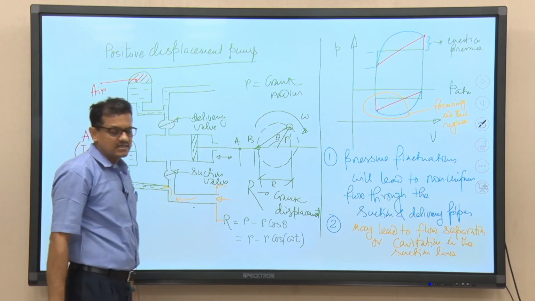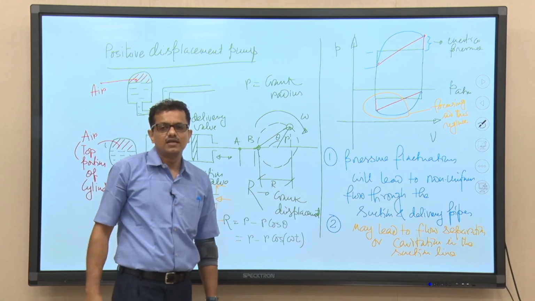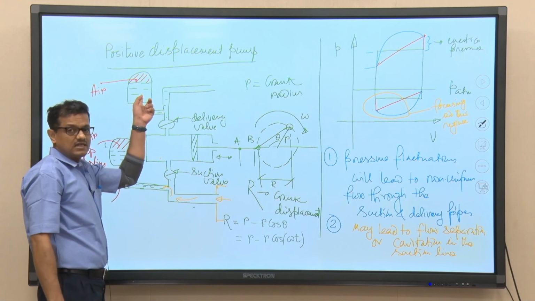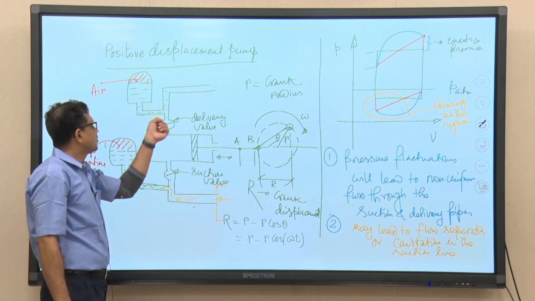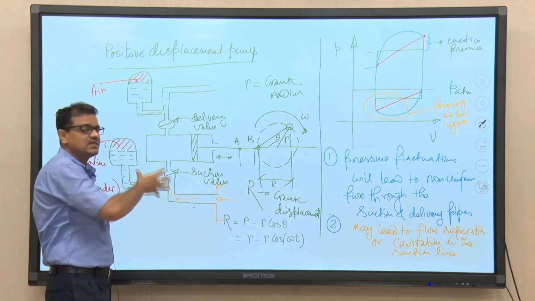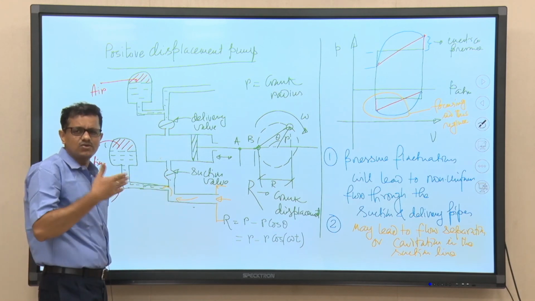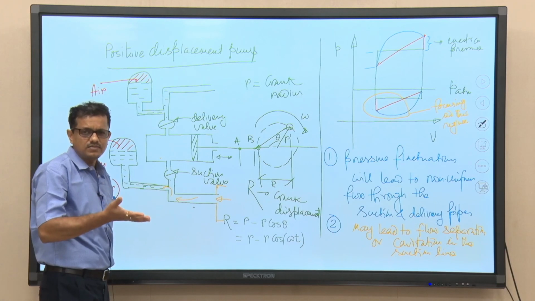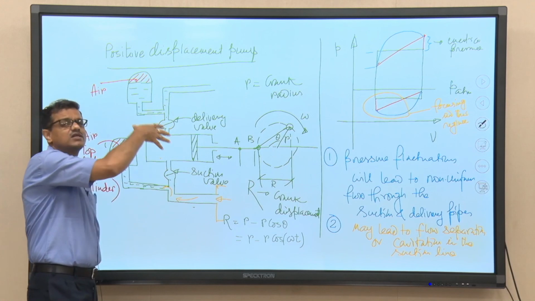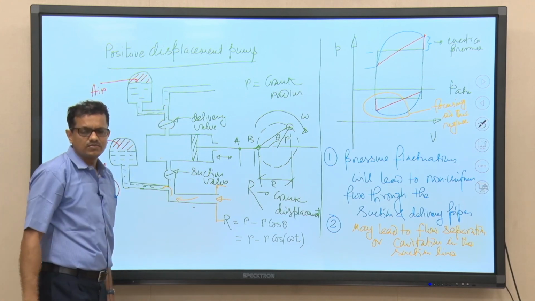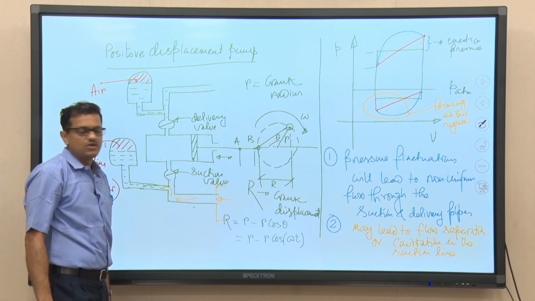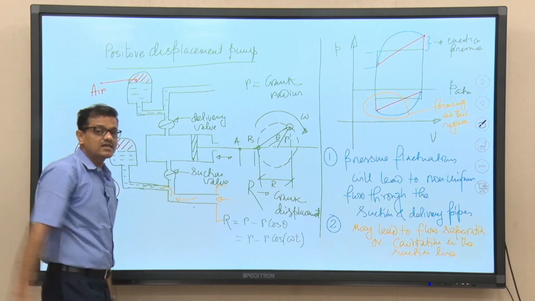Similar explanation can be used for the air chamber that is there in the delivery pipeline. At the beginning of the delivery stroke, pressure inside the cylinder is very high, but that pressure is not required at that moment. High pressure inside the cylinder as well as in the delivery pipeline is not required at the beginning of the stroke, right, but that pressure will be required at the end of the delivery stroke. So, that is why this air chamber is acting just like a bank.